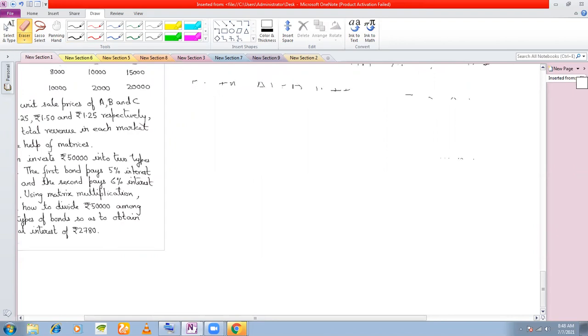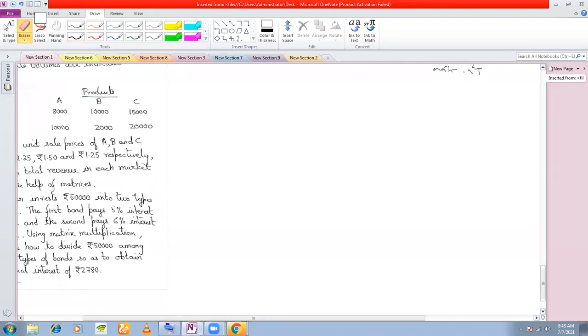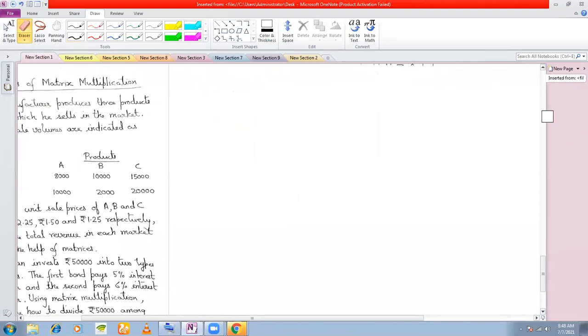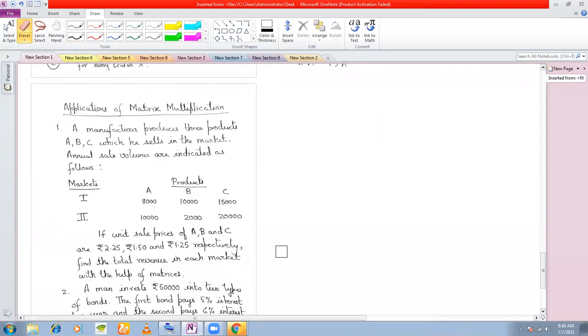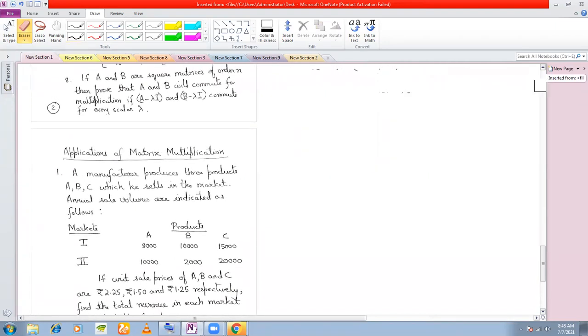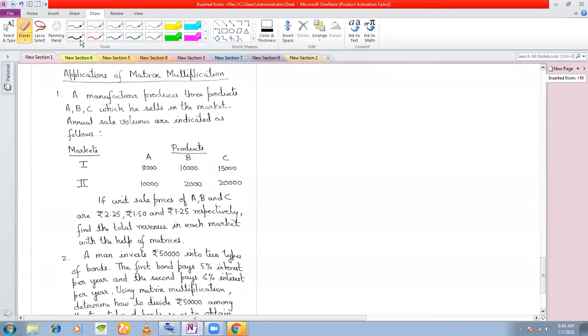This is application of matrices. Now, application of matrices is hardly given in your question paper. Hardly given, but just two problems just to show you some applications. These are not applications actually. There are much better ways of applying matrices, but anyway, we'll see just something basic on the application.